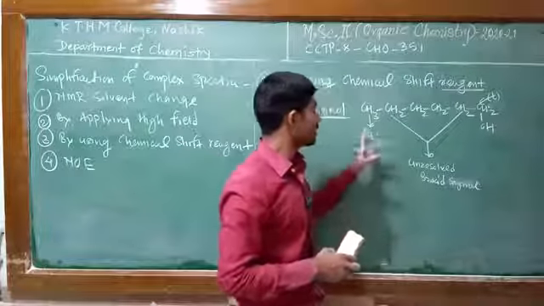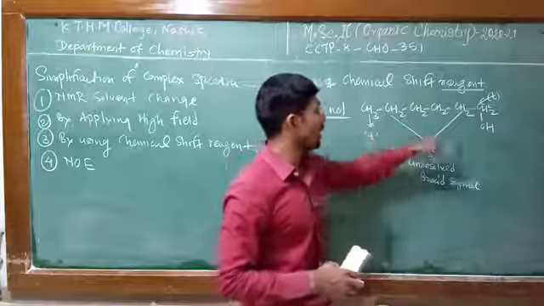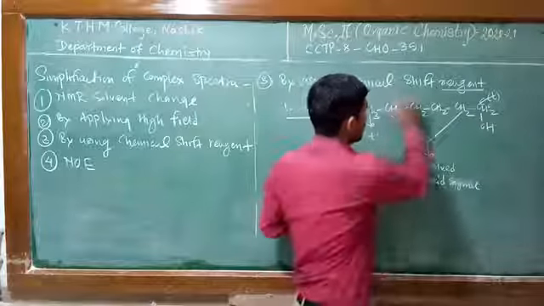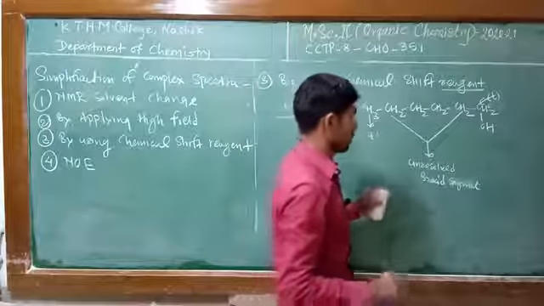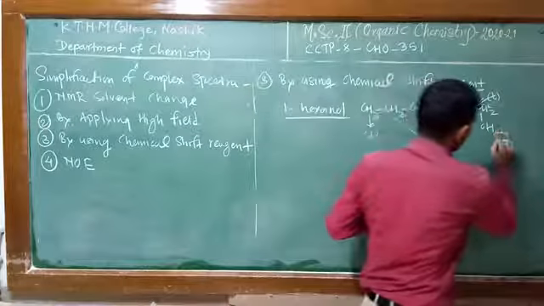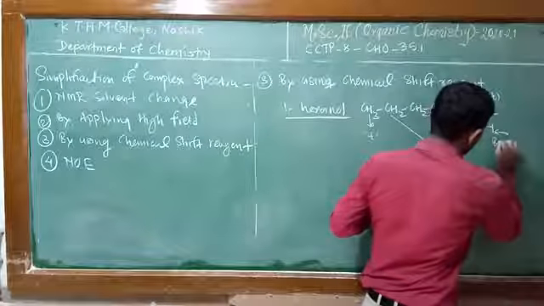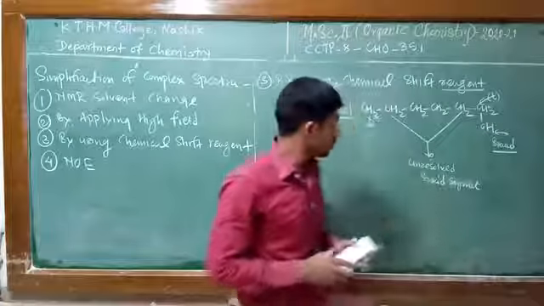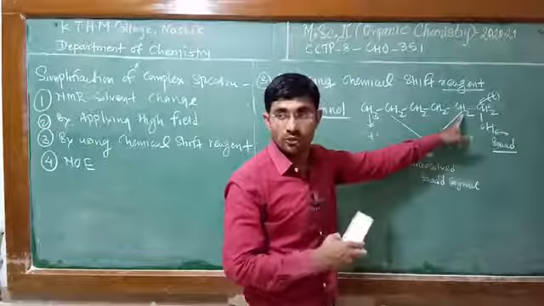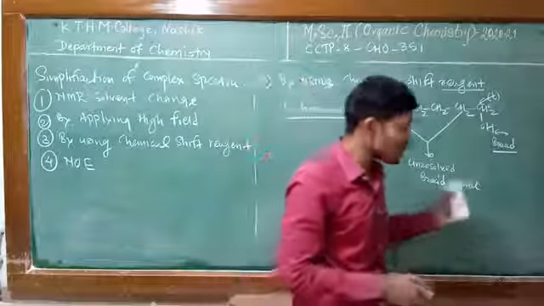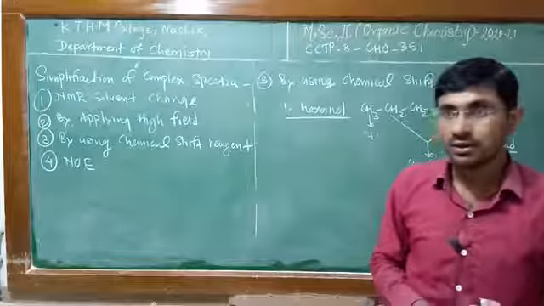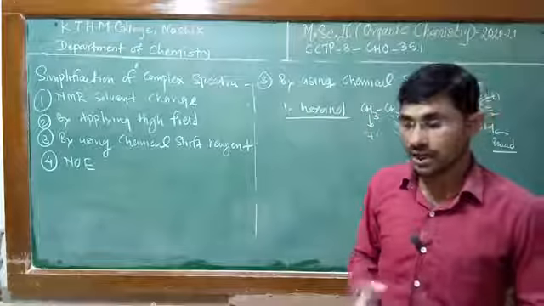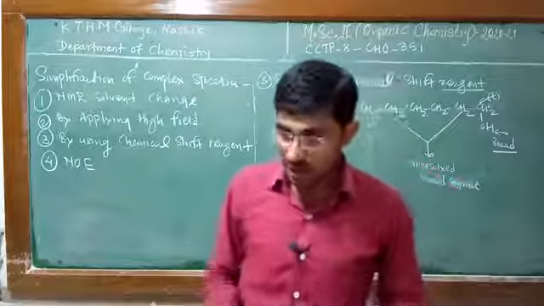Means we only get three signals here, this triplet, and again this. Because of all these four methylene groups, we get one unresolved broad signal. Also because of this, we get one broad signal. But aside from the OH group, for all the methylene groups we observe one unresolved broad signal. So this kind of spectrum is a second order spectrum. We cannot easily analyze it with the help of the n+1 rule.